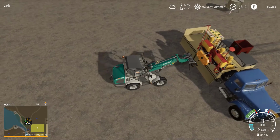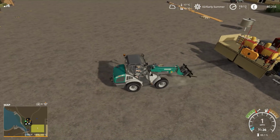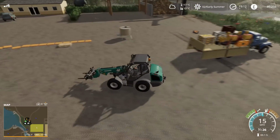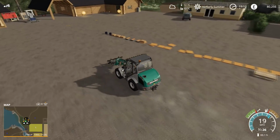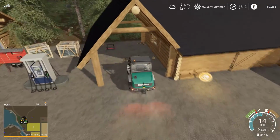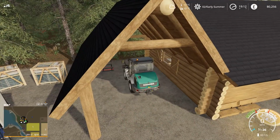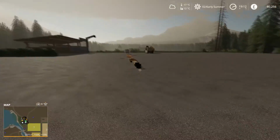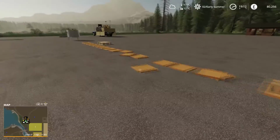Okay, looks like that's about as far over as it's going to go. Oh, that's okay, we'll work with that. And we can at least put the sides up, and hopefully that'll keep it from sliding around too much. So that'd be nice. But yeah, I shall continue loading this, and I won't put you through the torture and